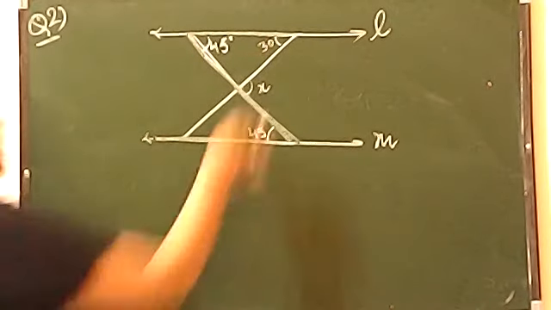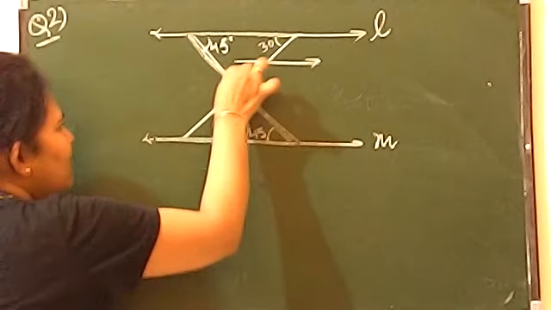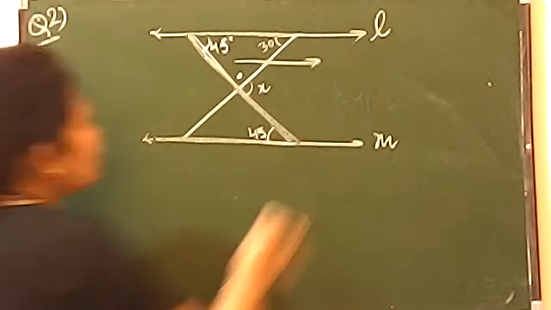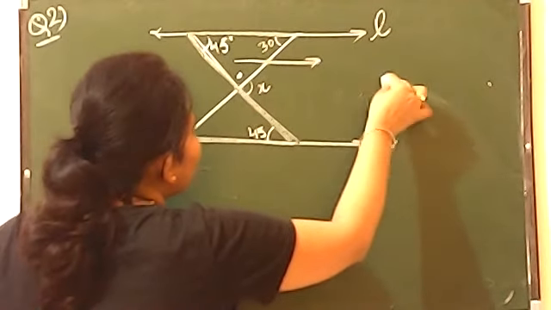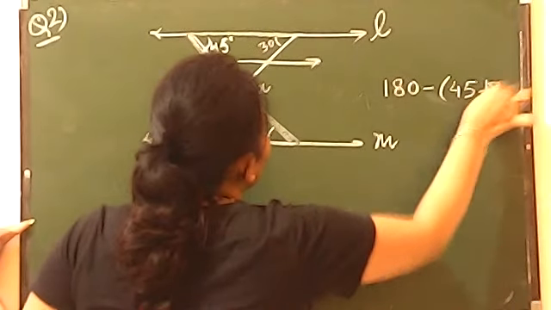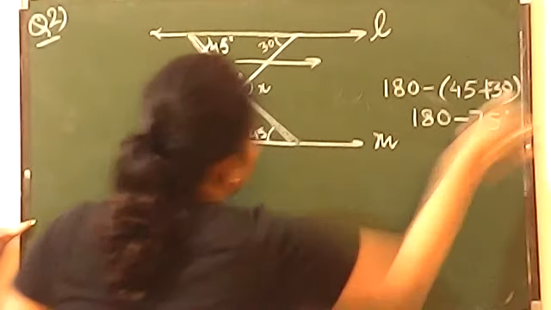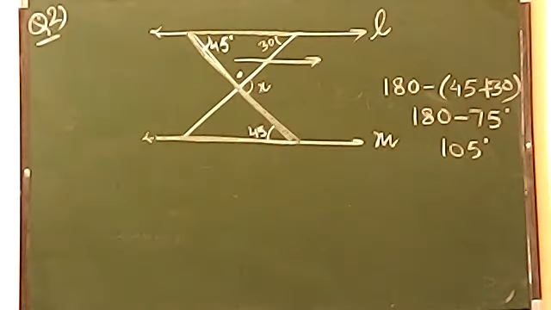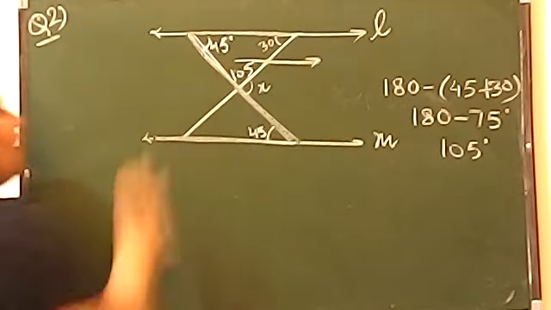Now you can see this is a triangle, and according to the triangle, if you want to find out this angle, you can find it out easily by using the angle sum property. What is angle sum property? The angle will be here now. What will be the angle here? It will be 180 minus 45 plus 30. And 180 minus 45 and 30 कितना होता है बेटा? 75. And 75 जब आप solve करोगे, you will get it 105. It means this angle जो कि triangle का एक part है बेटा, you will get the value as 105.